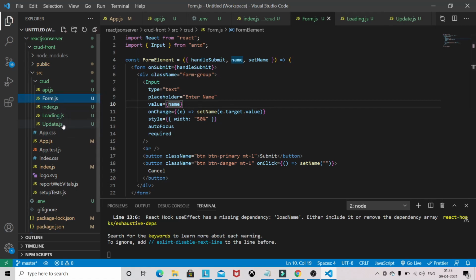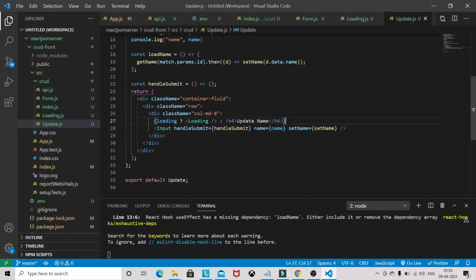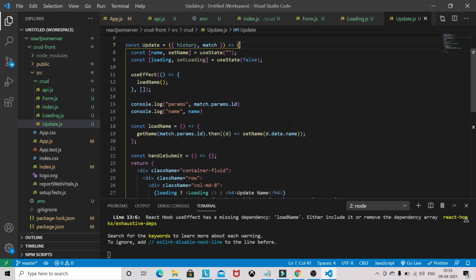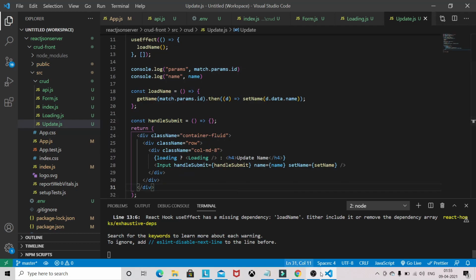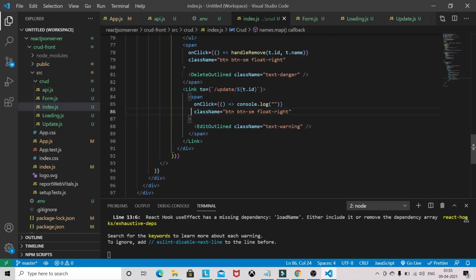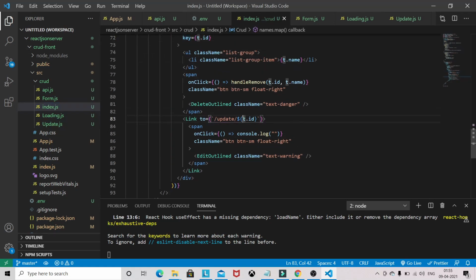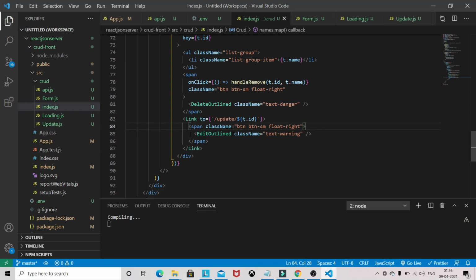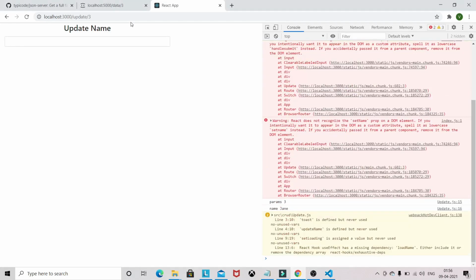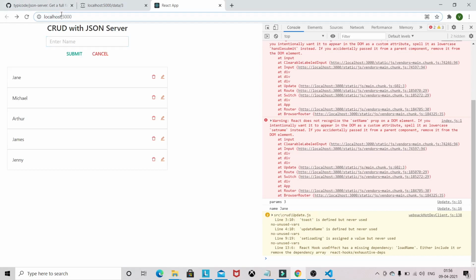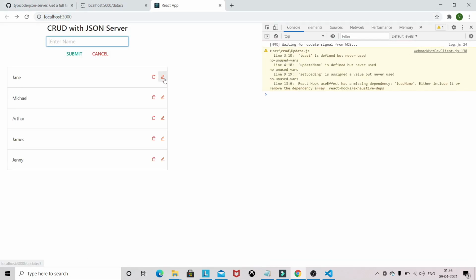And setName we are also giving. Index, okay. We are passing the ID. This is not needed, so we can remove this one. Okay, so let's see again if that was causing the issue.